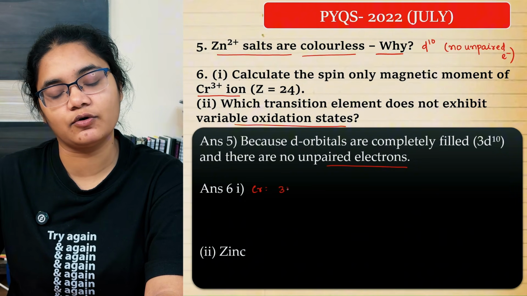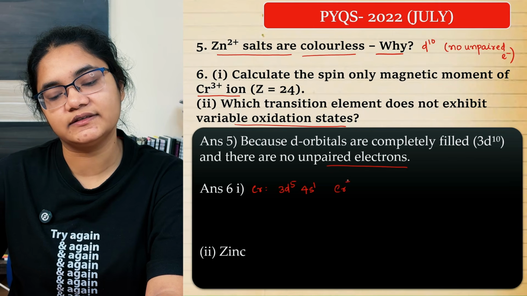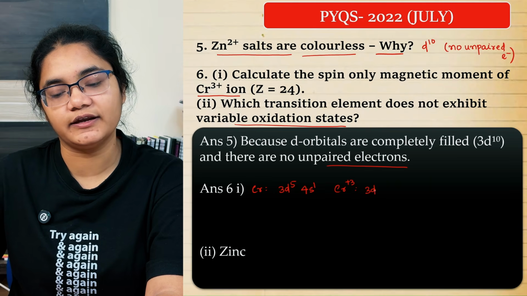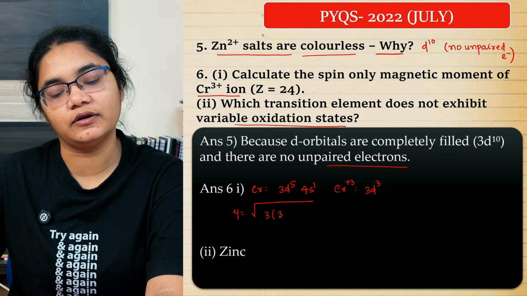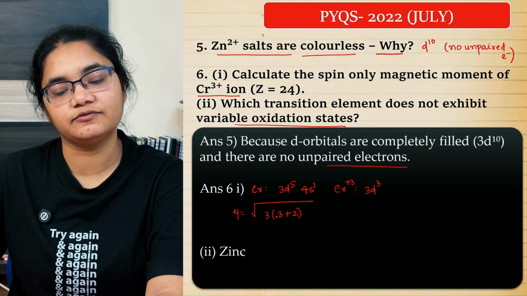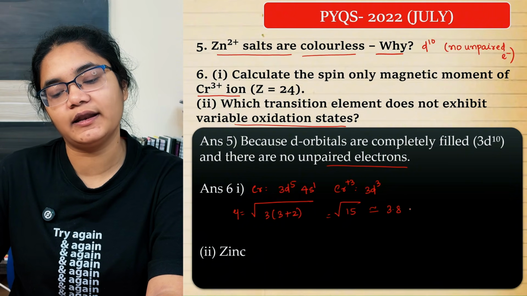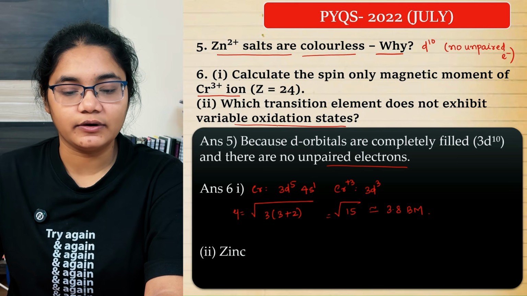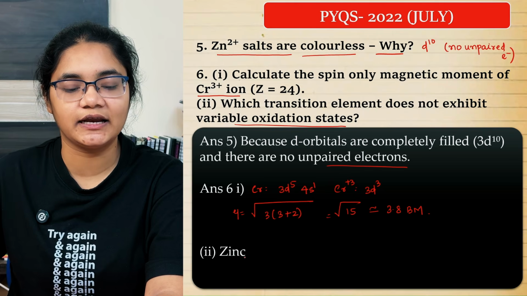So Cr has the configuration 3d5 4s1, and Cr3+ gives me the 3d3 configuration. Now the magnetic moment is root over 3 into 3 plus 2. 3 plus 2 is 5, into 3, that is root 15, which is almost equal to 3.8 Bohr magneton. Okay. Next, which transition element does not show variable oxidation state? It is zinc, and